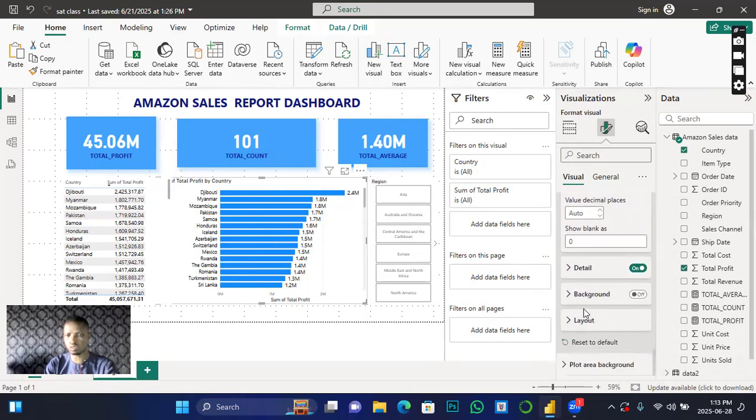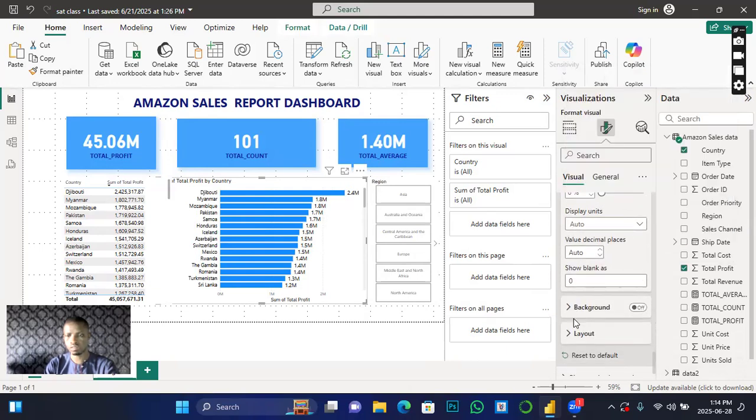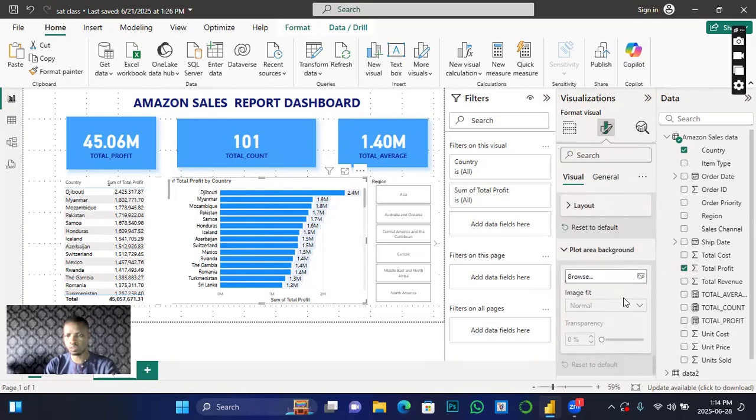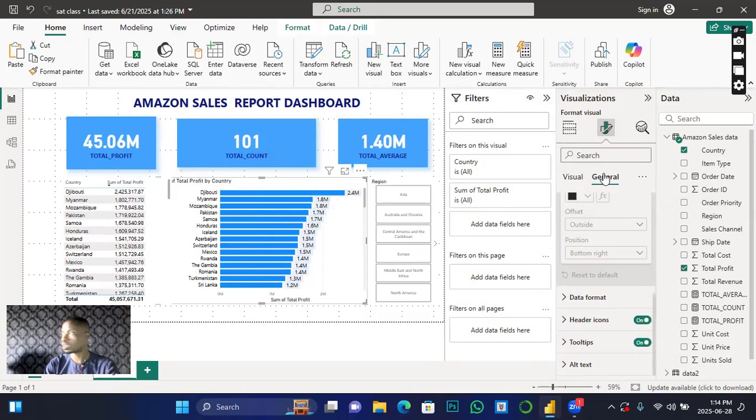Details, if I want to do anything under details, I can expand it. So increase it. Hope I'm still on that. Color, I'll choose this. Background color of this, if I want to add a background color, I'll do the same, depending on you. So let me add this background color. Then plot area and background. I want to use an image, but in this case, I'll prefer using general to perfect it. So under general, I'll go to